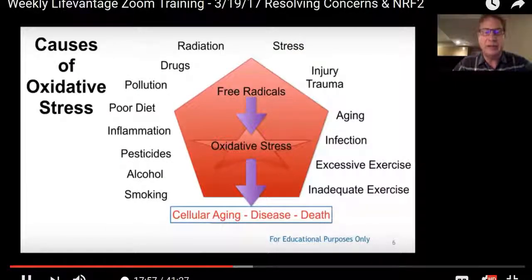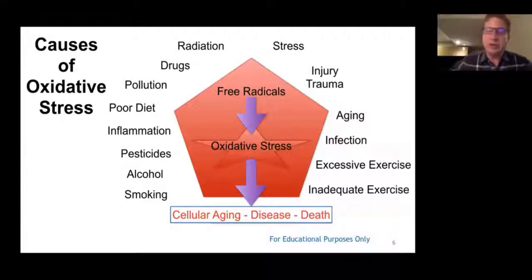Now, in addition to that, we live in a very toxic environment, one in which we have lots and lots of other things that increase free radical production, things like smoking, too much alcohol, pesticides that are sprayed on the foods that we eat, inflammation, poor diet, pollution, drugs, radiation. That was a big problem for me because I worked in a cath lab every day of my cardiology practice, standing 2 feet away from an x-ray tube. Stress, trauma, injury, infections, too much and not enough exercise, all of those things increase free radical production and oxidative stress,